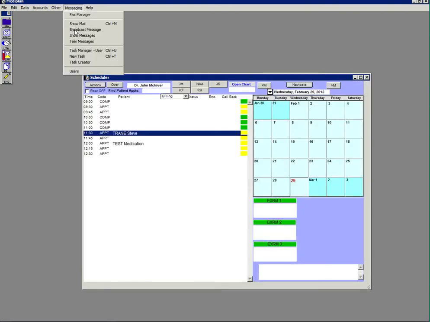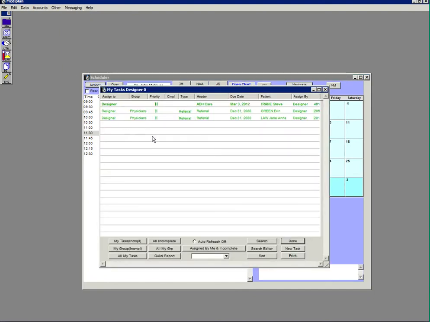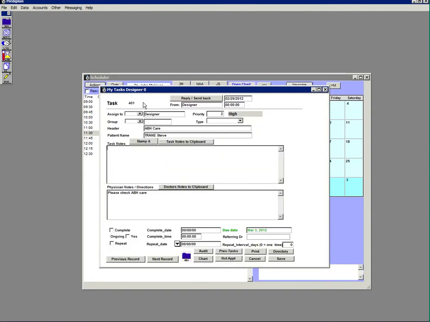Now, users can manage their task list by going under Messaging Task Manager User. This will also pop up on the screen upon login for non-physician users. So when I pick this, I can see all of the tasks that have been assigned to me, and I can double click on my task. By stamping it, it just stamps the date and time and user, and I can say something like left message